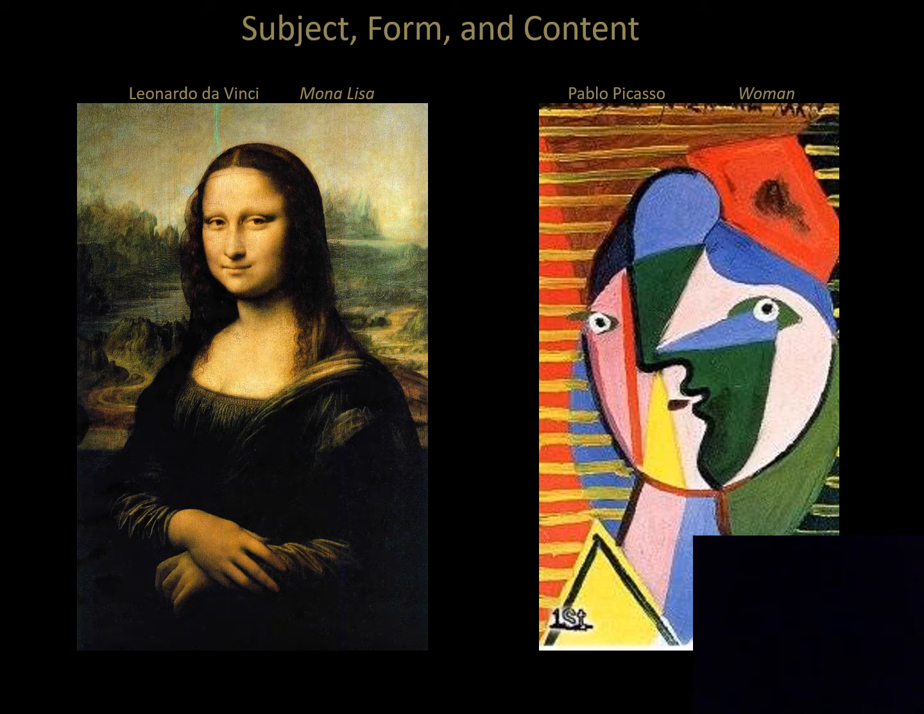Before we talk about the elements of art, we want to examine some different aspects of visual art. That would be subject, form, and content. So what we're looking at are two paintings that have the same subject. That is, they're both paintings that depict a young woman, but they obviously give us different feelings and have different